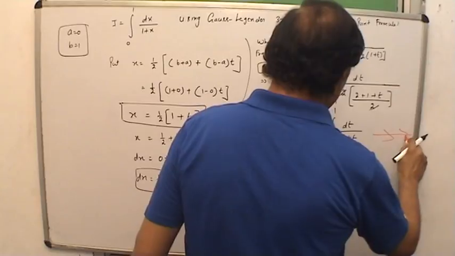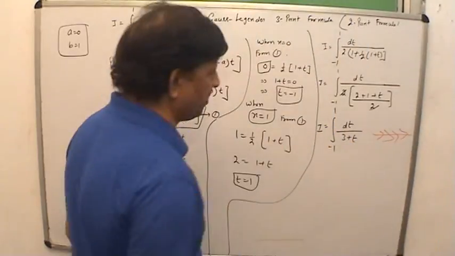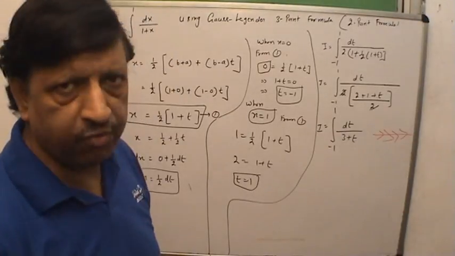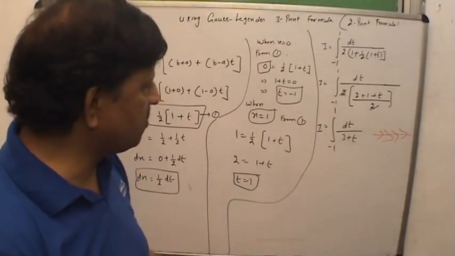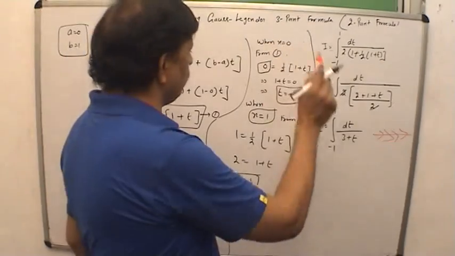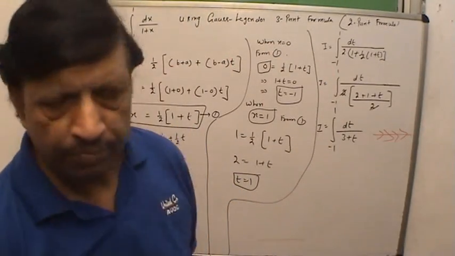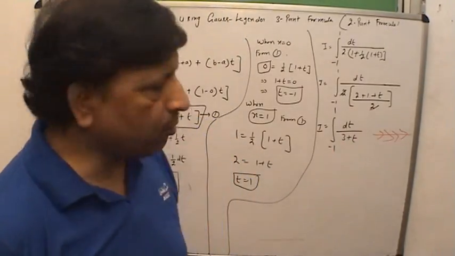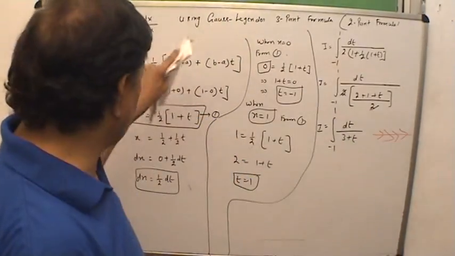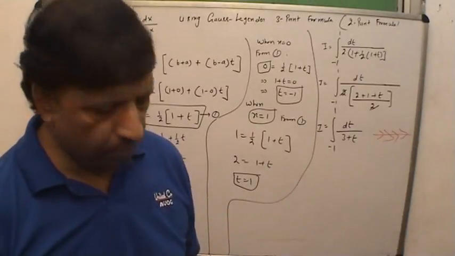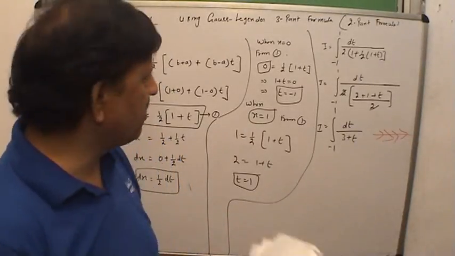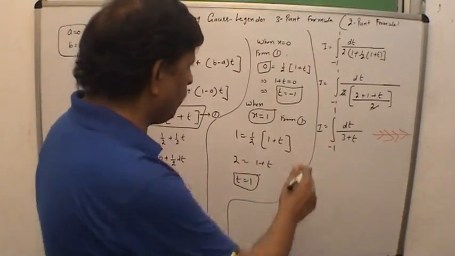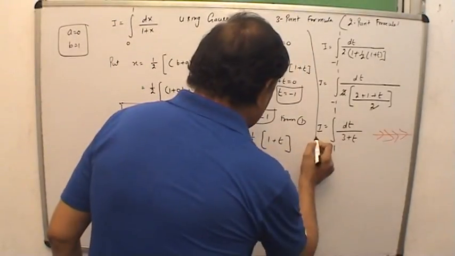Up to this we see the calculations are the same, whether it is a 2-point formula or a 3-point formula. Only after this step, if it is 3-point, we will apply the 3-point formula. If it is 2-point, we will apply the 2-point formula. Otherwise the rest of the working is similar in both cases. Either it may be a trigonometrical function or an algebraic function. Now here we apply the 3-point GL formula,